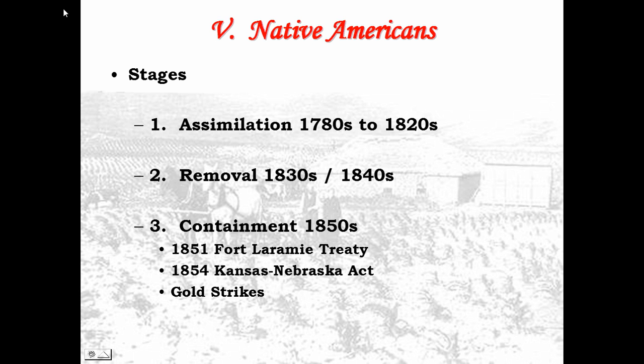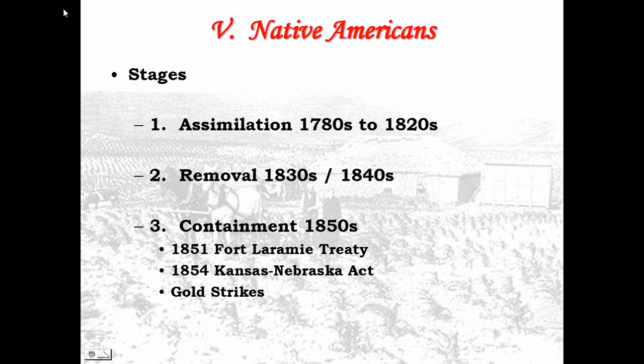You think of some of the civilized tribes, the 5 civilized tribes, groups like the Cherokee, who had adopted many white ways by the time we get to the 1820s. But that didn't seem to stop whites from wanting to move them off tribal lands, especially, for example, the Cherokee in Georgia. So we move on to stage 2, where, led by Andrew Jackson and subsequent presidents, there's a conscious effort to remove Native Americans from the east to the west, from the east of the Mississippi to the west